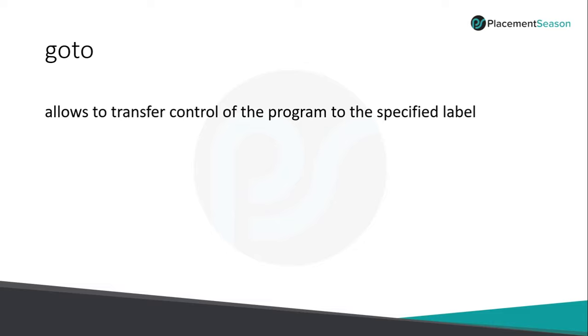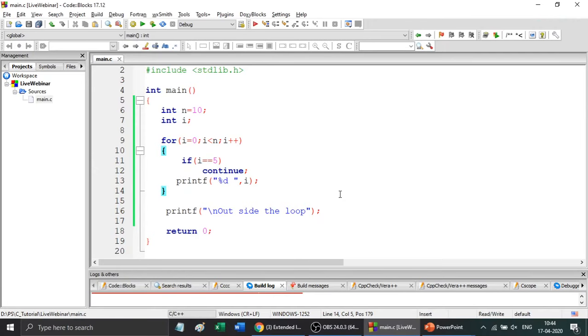Definitely, if you want to change the sequence of execution, it should be based on some condition. So goto statement should not be used in the program. Maybe if you want to learn goto statements, I'll give you a simple example, but don't use it in the program. It's something like this.